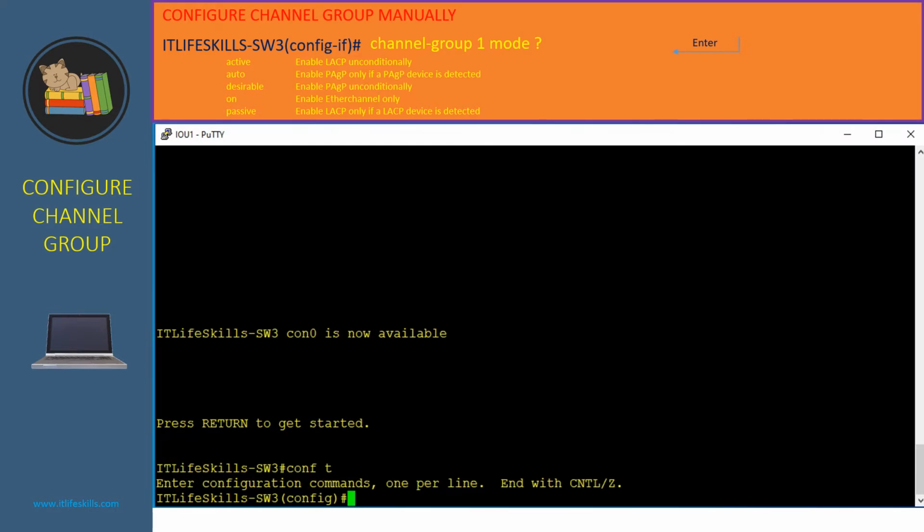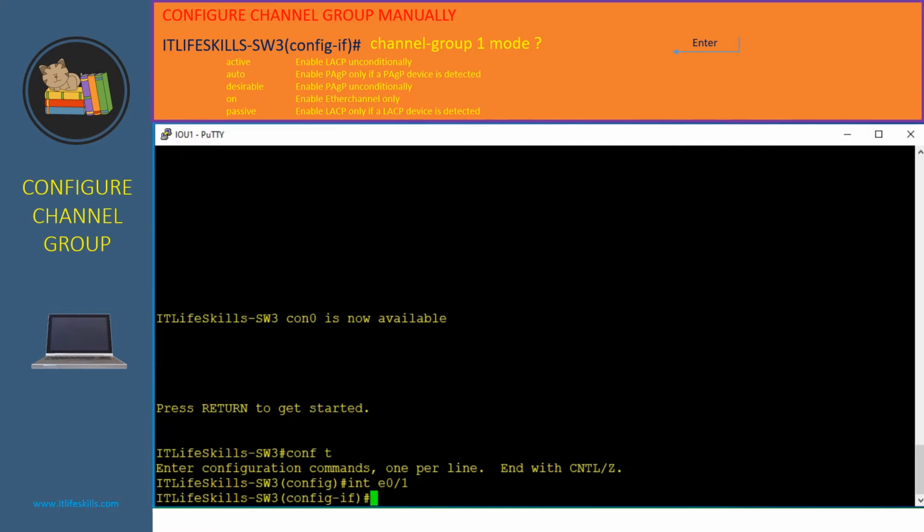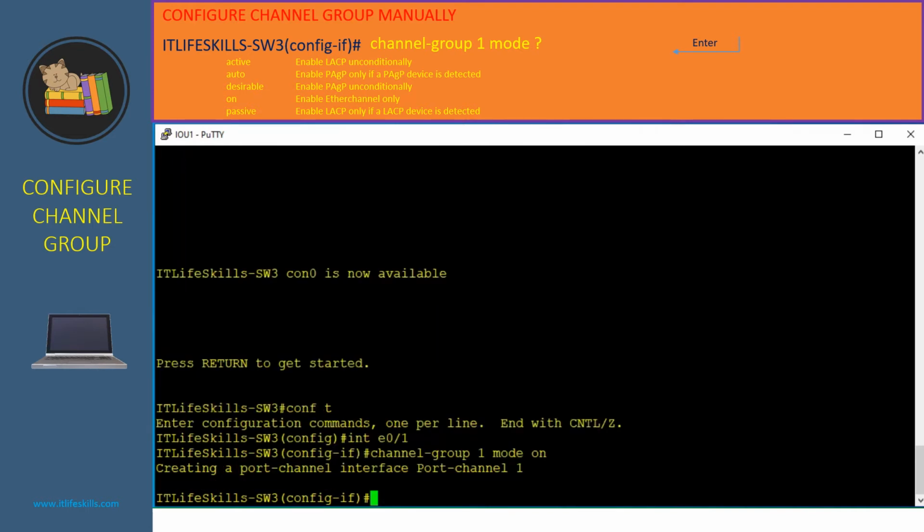Now let's repeat the same steps on IT Live Skill Switch 3. Here we are at the configuration mode. Let's go to the interface E0/1 on IT Live Skill Switch 3 and issue the same command channel-group 1 mode on, then hit enter. As you can see, it's creating a port-channel interface, port-channel 1.